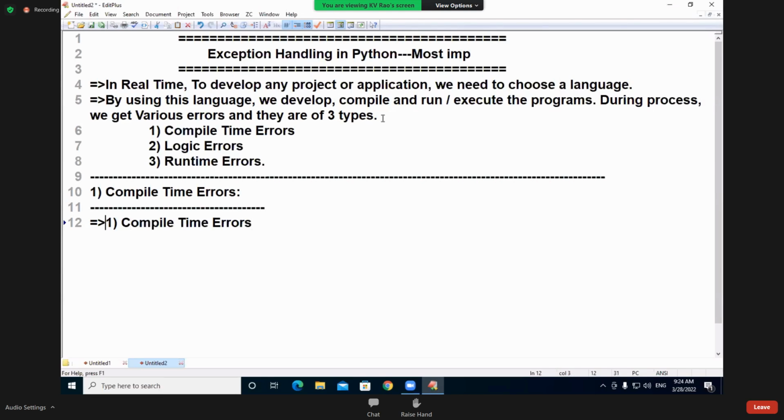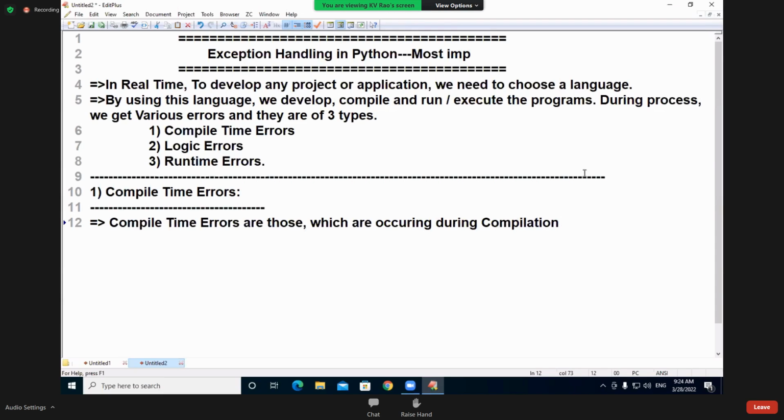Compile time errors are those which are occurring during compilation time.